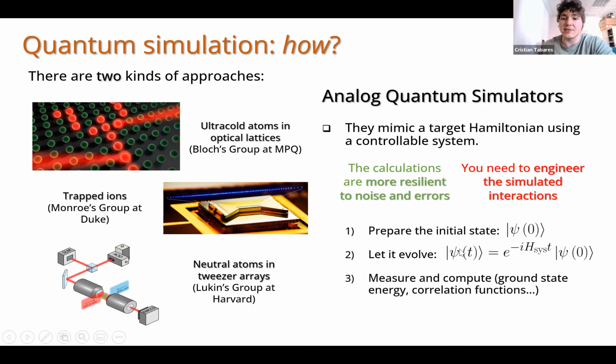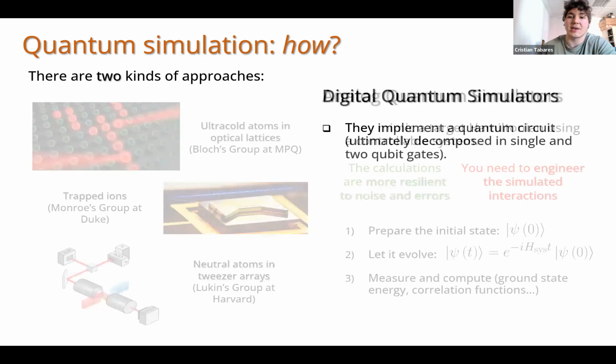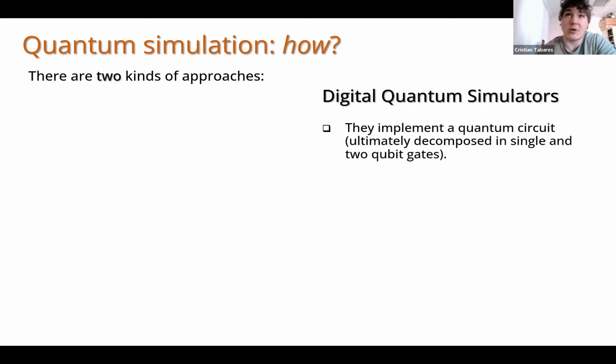And then after you get your final state, you measure and, for example, compute some ground state energies, some correlation functions, or whatever, okay? And with this, you have done the analog quantum simulator, but you have disadvantages: you are limited to this H_sys, okay? You need to engineer this interaction somehow. This is a real big difference when we compare these analog quantum simulators with the other approach, which are the